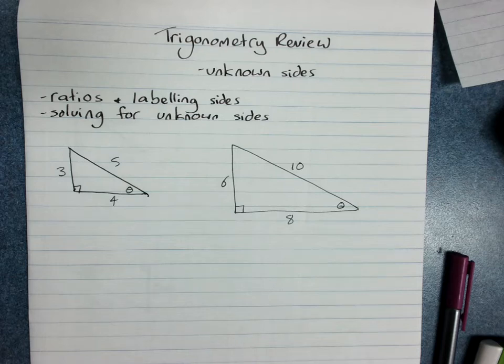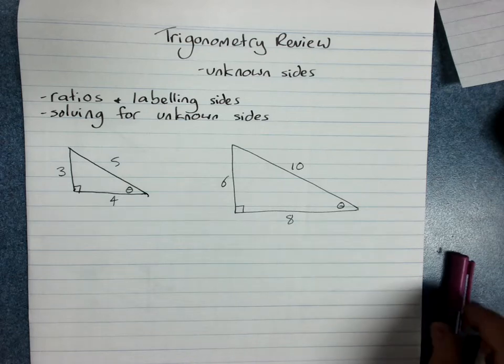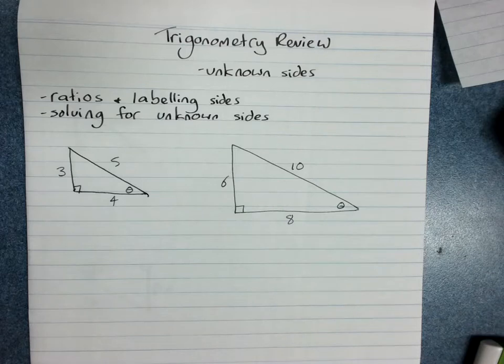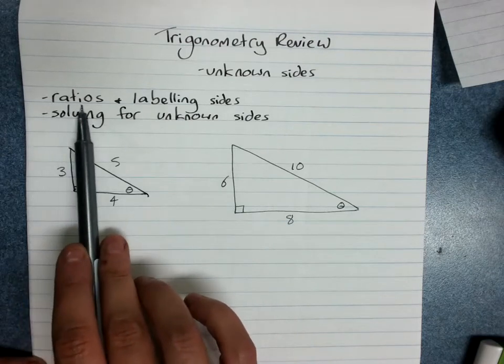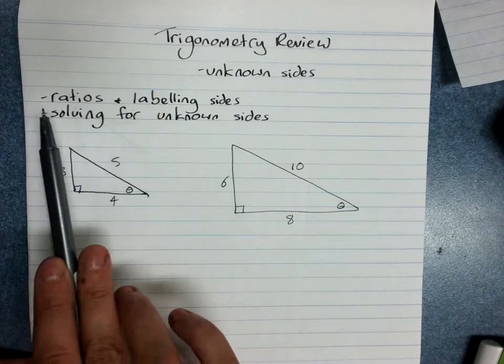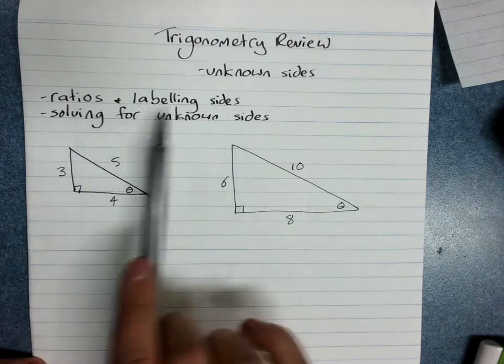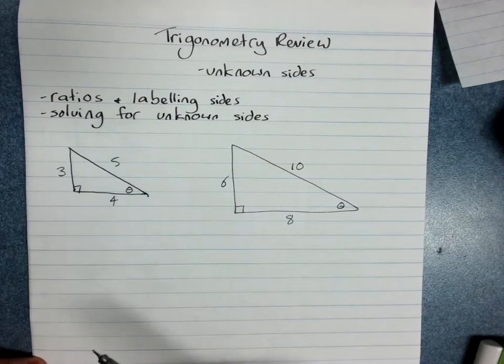Trigonometry review, looking at unknown sides and the trig ratios. So, right angle triangle trigonometry: I'll look at the ratios, sine, cos and tan, labeling the sides and using the ratios to solve for unknown